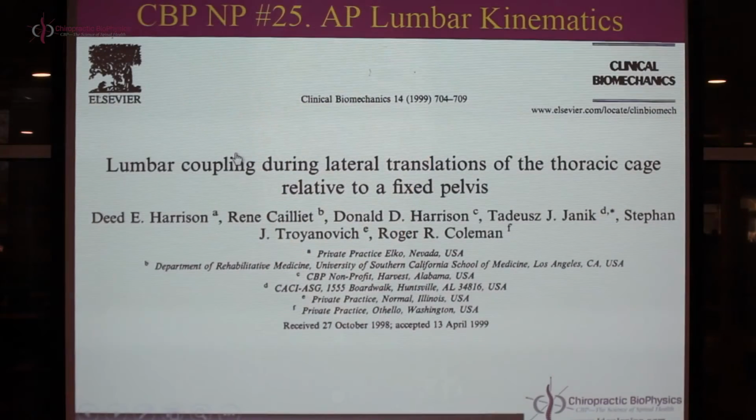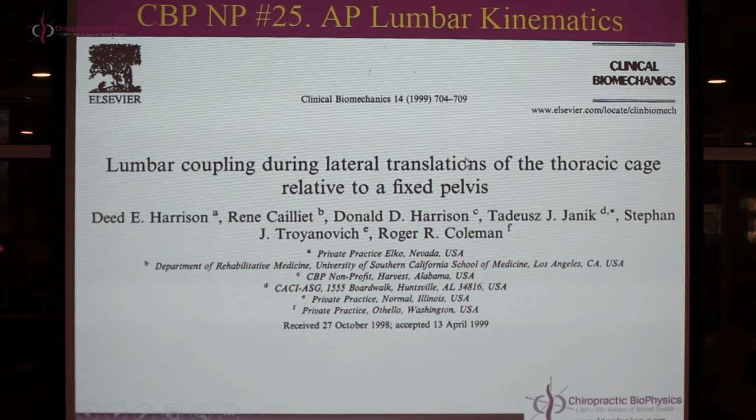This particular study was in 1999, Clinical Biomechanics. Myself, Dr. Deed Harrison, I was the lead author, but of course, one person cannot do the project. Always, we have a team of researchers that are each contributing different aspects of the project based on their expertise and understanding. So the title of this week's paper, Lumbar Coupling During Lateral Translations of the Thoracic Cage Relative to a Fixed Pelvis,